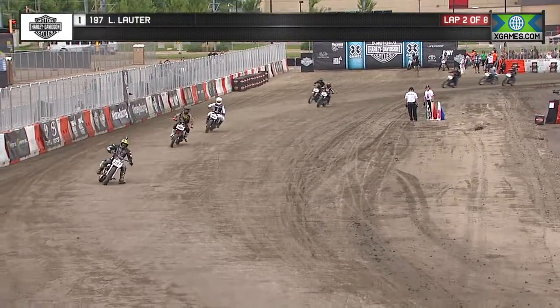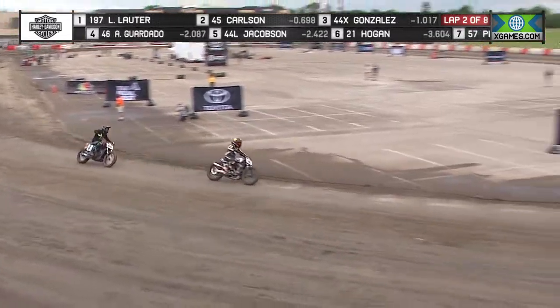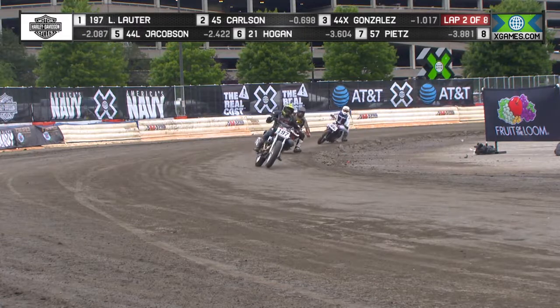Carlson in the 2 spot, number 45. Here comes the 44 making his way up there. That's the 44L, Dan Jacobson. I believe that is the Minnesota rider. There's 2 44s out there. There's a 44X and a